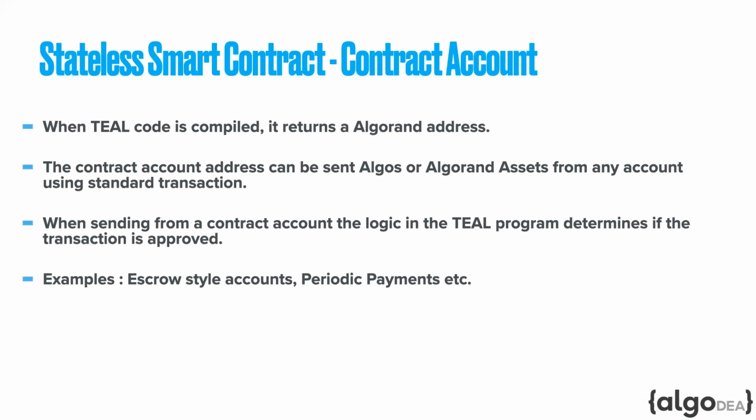Let's talk about the contract account usage mode. When TEAL code is compiled, it returns an Algorand address. The contract account address can be sent algos or any other Algorand assets from any account using a standard transaction. But when sending from a contract account, the logic in the TEAL program determines if the transaction is approved or